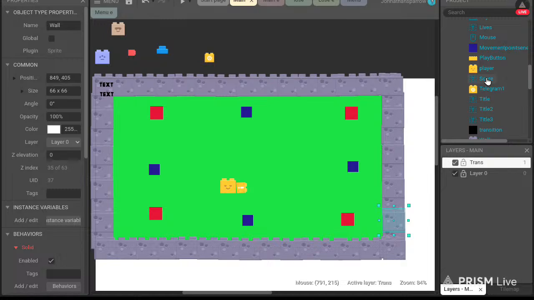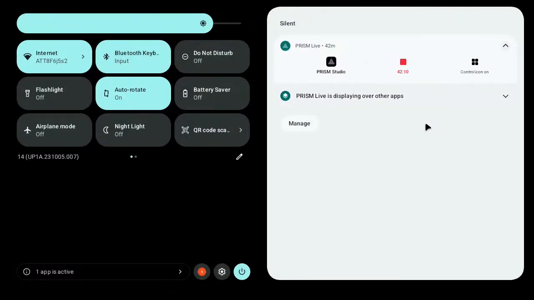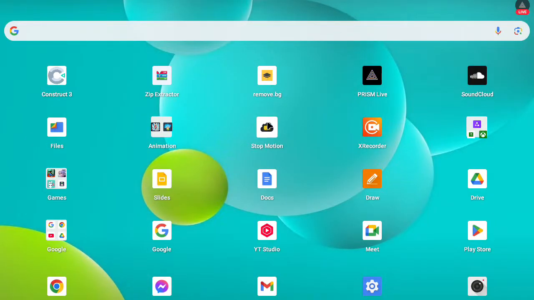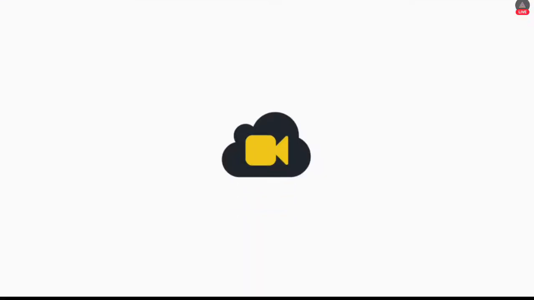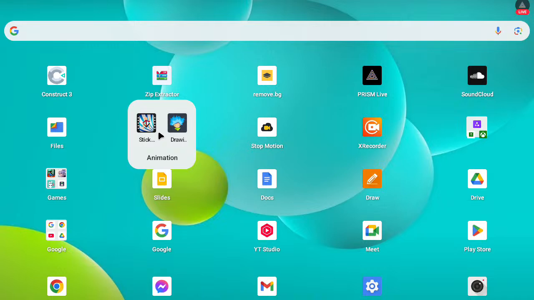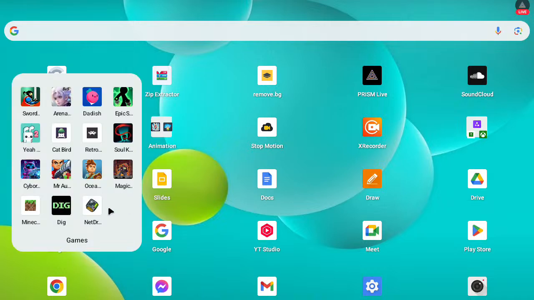Again, I am hoping to get started though. I do have an animation plan, kind of, that I want to animate to see how animating on this thing is. Because right now I have a stop motion app, a drawing app, two stick figure animators, a ton of games.